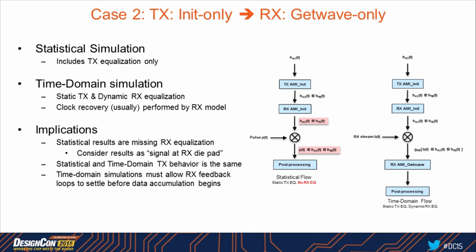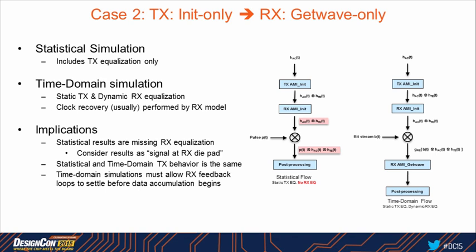The simulator takes the analog channel impulse response, gives it to the transmitter model, gives it to the receiver model, which doesn't do anything with it because it doesn't know how to process an impulse response. It convolves that output with a pulse, puts it into the engine, post-processes it, and generates an eye diagram. But the rub is that because there's no RX equalization involved, because the model doesn't know how to process an impulse response, we have a result that does not include receive equalization, which is why these things are